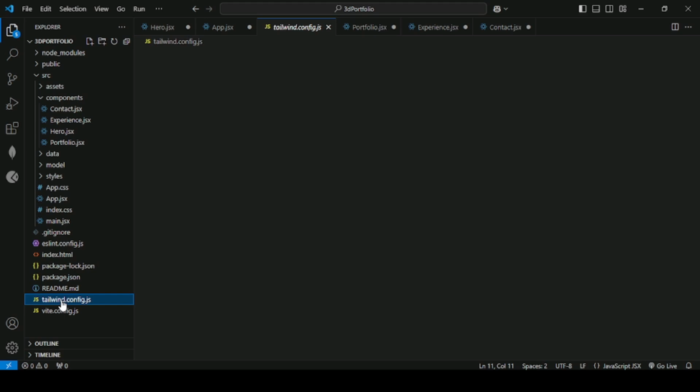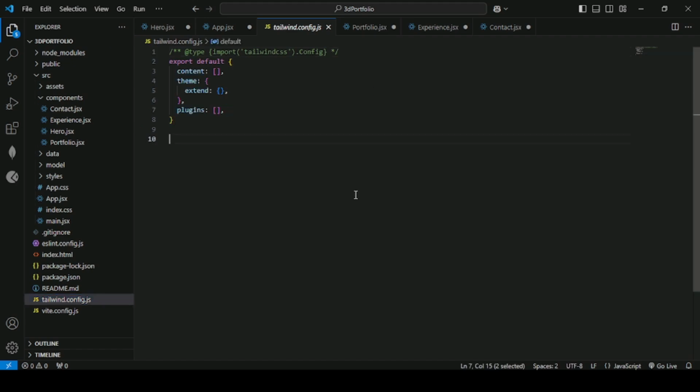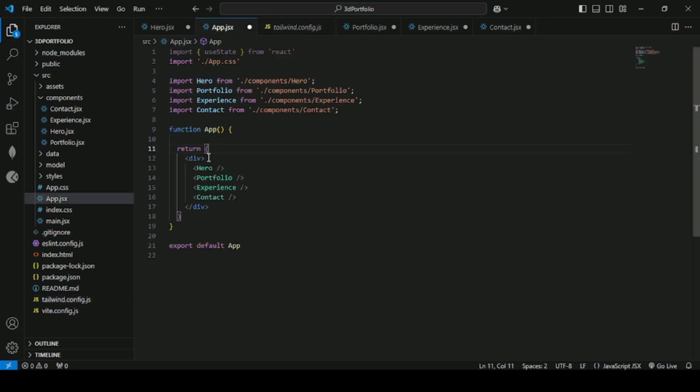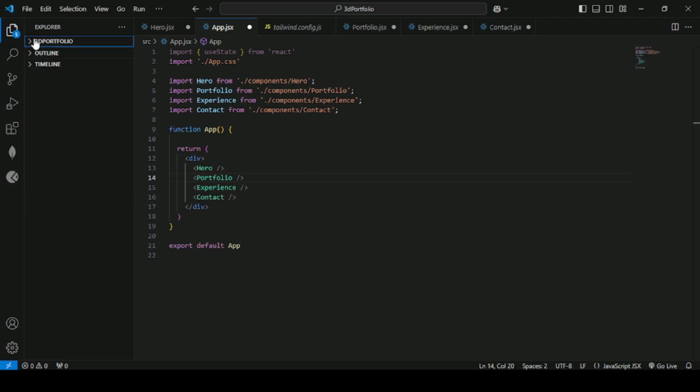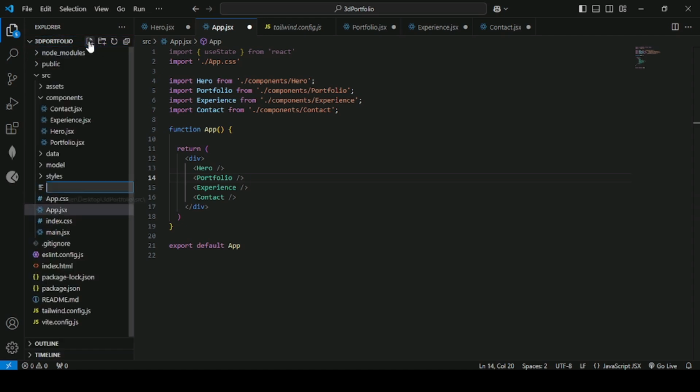Yeah, like that. So let's come to our tailwind.config.js. There are a couple of things that we need to do in this tailwind.config.js so that we can be able to see the changes that are applying to our Tailwind. So let's now do this. Now in these styles, we're going to do this. Not in the styles really, you're going to create a file known as